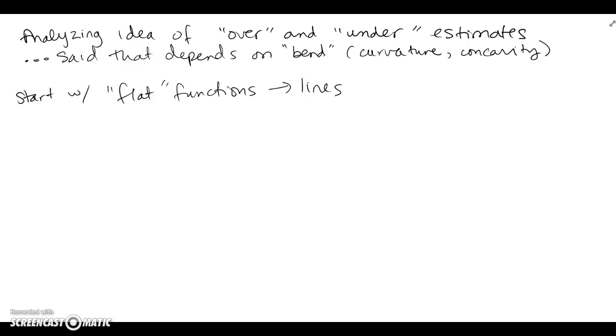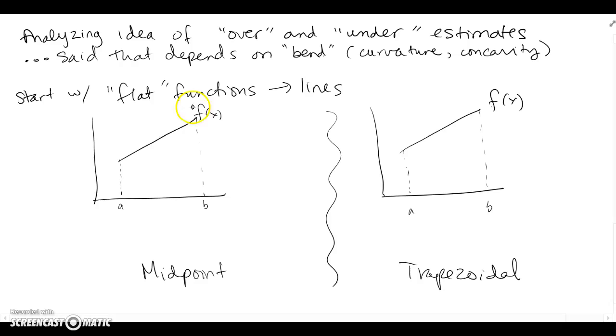So let's start with just flat functions, which are basically just lines, and see what will happen when we use midpoint or trapezoidal to approximate the area under lines. So let's say we have this function f of x, and we want to approximate it using the midpoint rule. Instead of cutting this into subdivisions, let's just look at one giant interval, and things will become pretty clear. If I go to the midpoint of this one giant interval between a and b, right smack in the middle, and make a little rectangle,